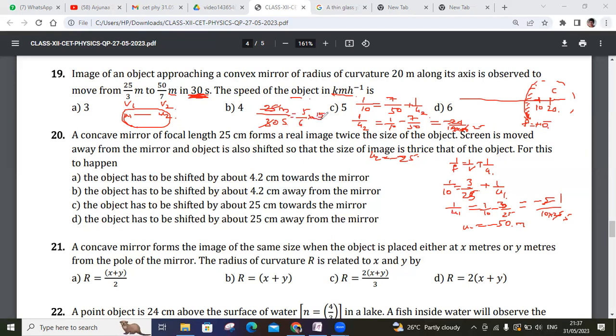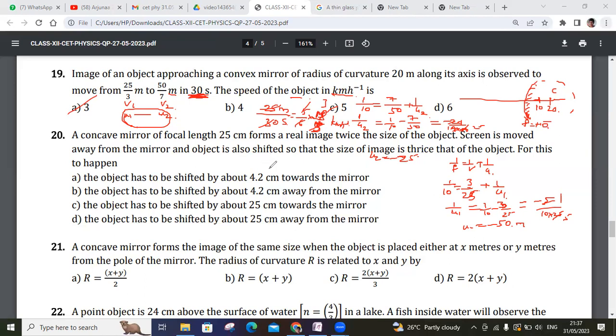So to convert to kilometer per hour, multiply by 18 by 5. Sorry, it will be 18 by 5 kilometer per hour, which will be, 5 into 1 is 3, so it will be 3 kilometer per hour. And the 20th question, if you see,